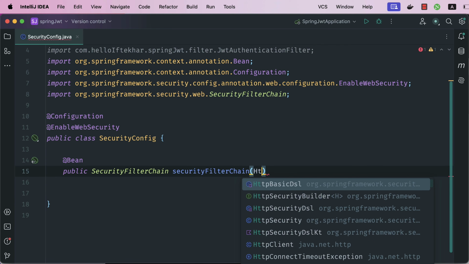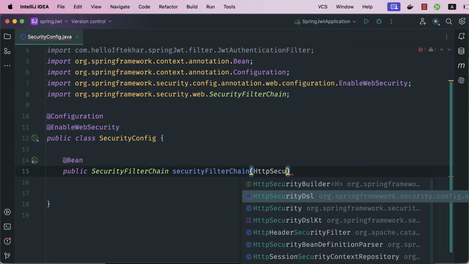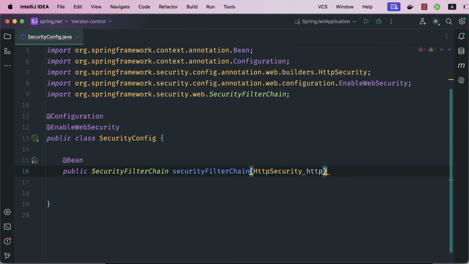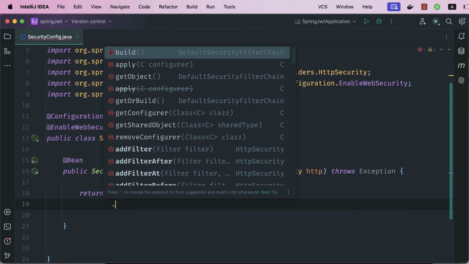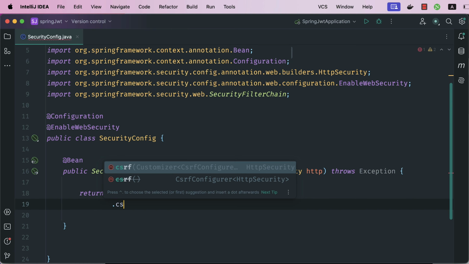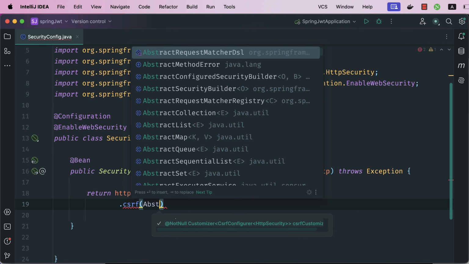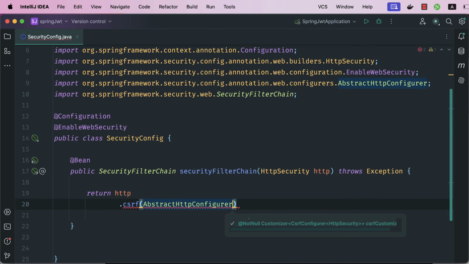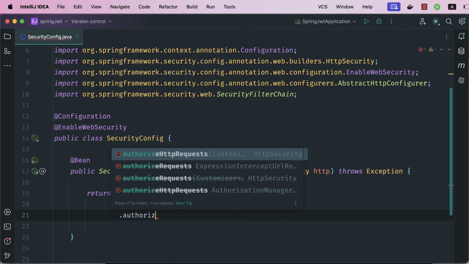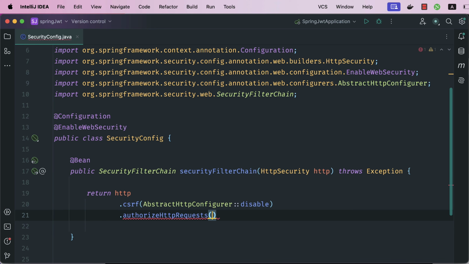It accepts HttpSecurity. I will call it http. It throws Exception. Inside the method, return http. I want to disable CSRF. So csrf(AbstractHttpConfigurer::disable).authorizeHttpRequests inside